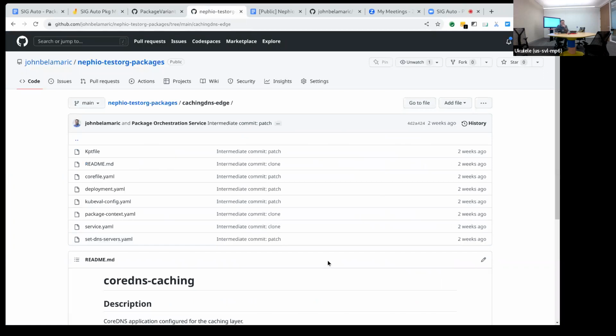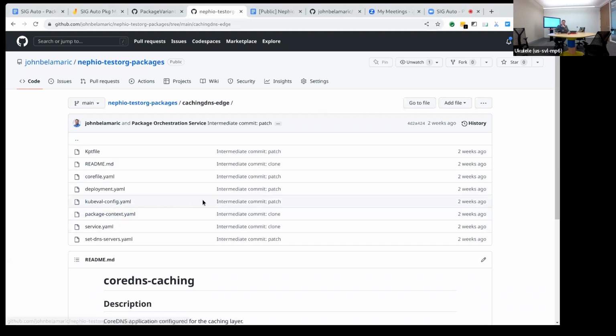So the edge one, I could run my, let me see if I can do this real quickly. That's okay. I won't. I don't want to take the time.